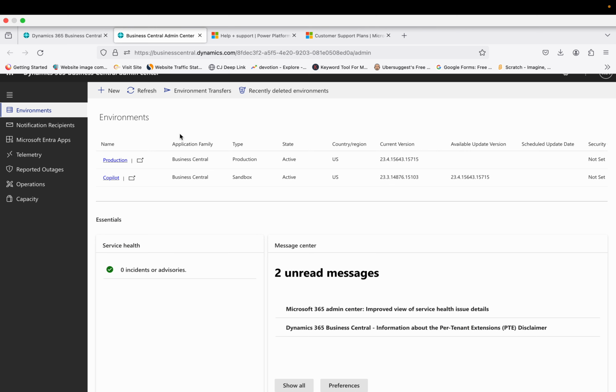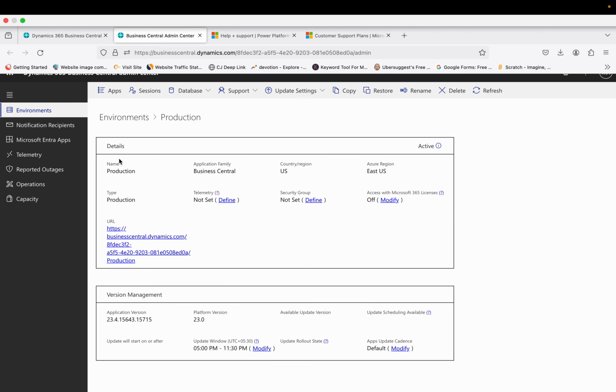Okay, so this is the first option which I wanted to share here. Let's go into the second option. And the second option is that when you open any environment, like, if you are a customer, right, you have purchased Business Central via some Microsoft partner,